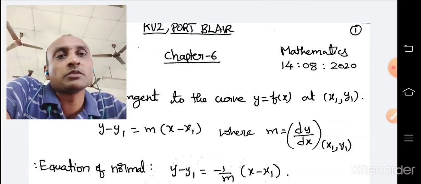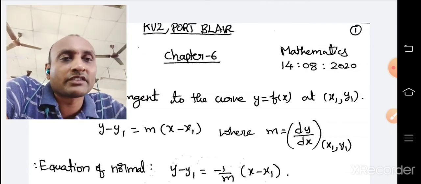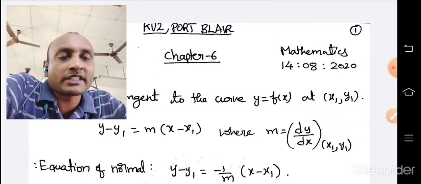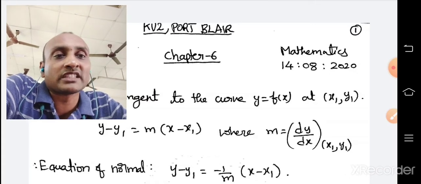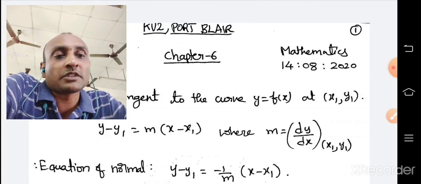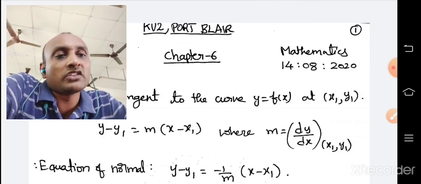Carefully keep your textbook with you while listening to this. For the example questions I give, the textbook is not needed. But when I start the exercise questions, please keep your textbook with you, read the textbook question, then try to understand the solution I am explaining. So the textbook is very compulsory.